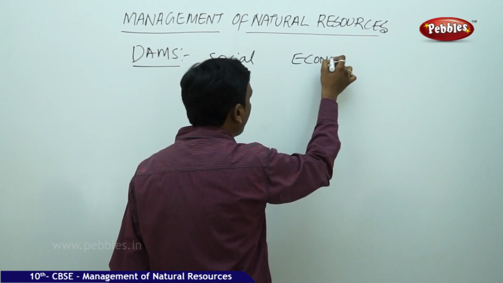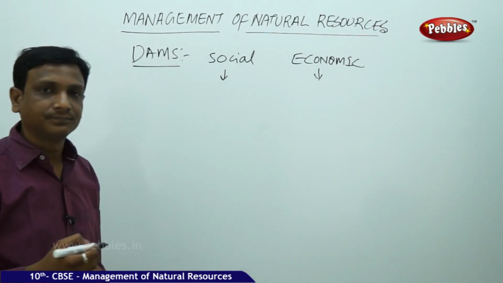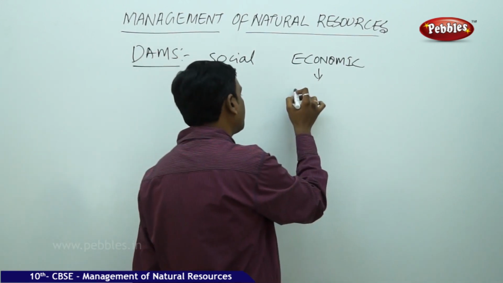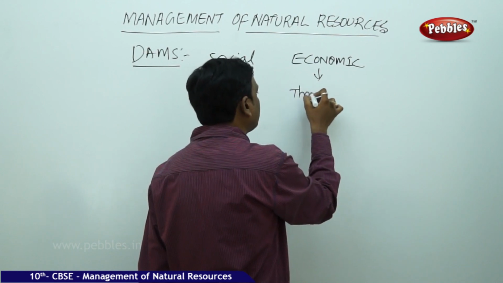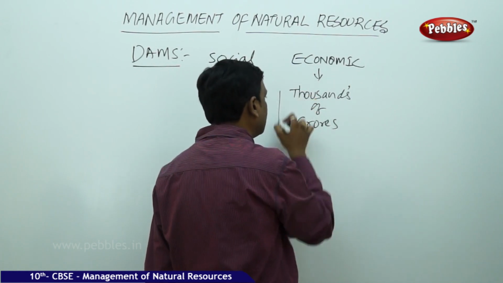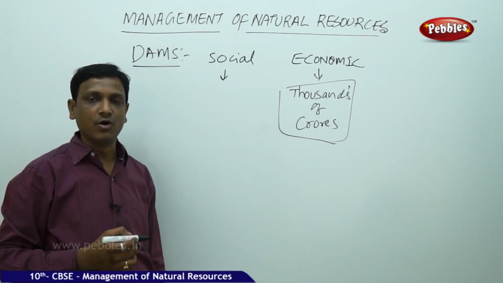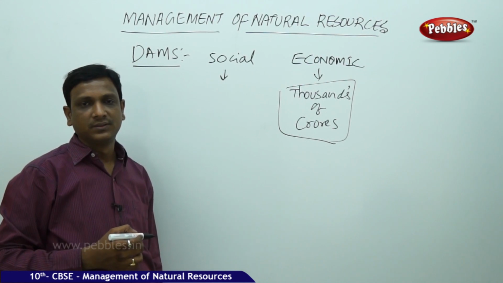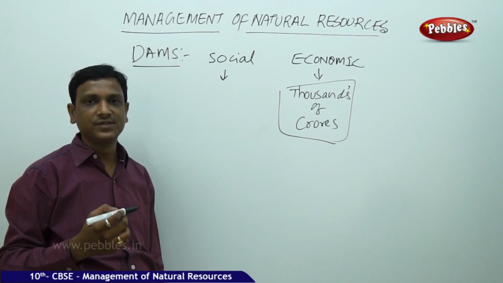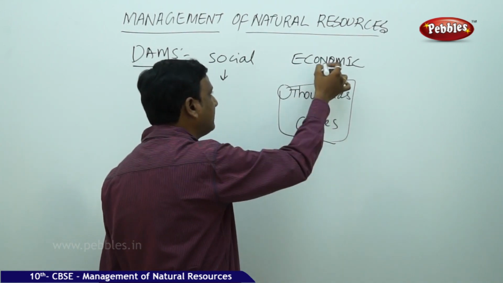And the second thing is economic. So what is the economic aspect of this? Here, to construct a dam, thousands of crores of money is invested. So from where does this money come? Okay, the government spends it. From where does the government get it? It is the money of the people. The people of a country pay taxes, which are collected by the government and used for different purposes like this. But here, once a huge amount of money is invested in building a dam,